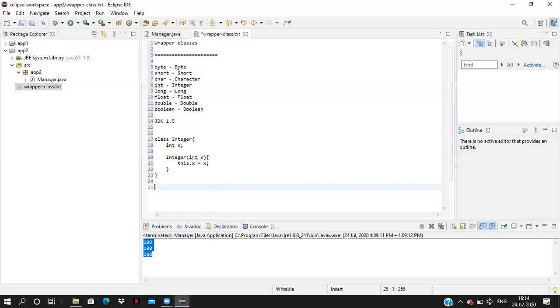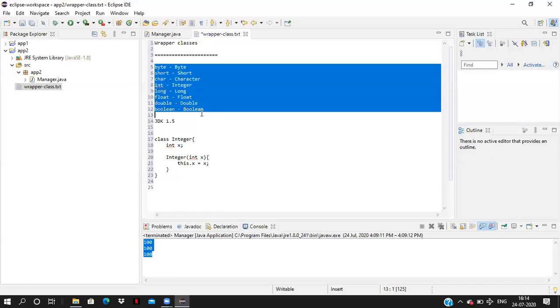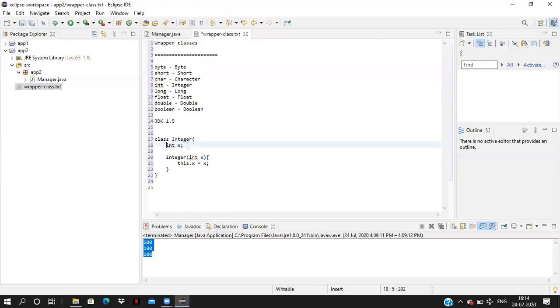If the wrapper class is Integer, we are just taking the value of the integer and putting it into the integer primitive data type. If the wrapper class is Short, we create an object of the wrapper class Short, take the short value and put it into the short primitive data type. Whatever functionality we have in the primitive data type, the wrapper class also does the same. For the Byte wrapper class, the byte value is stored in the byte primitive variable in the class object. For every class, we have a variable of a primitive data type. If we have a class Byte, here we have a byte variable, and they are just storing the value into the byte variable only.